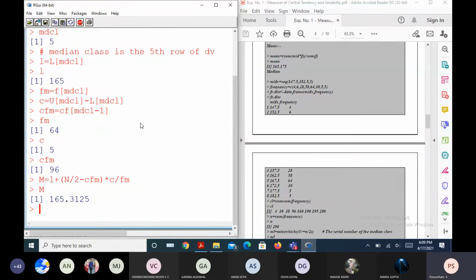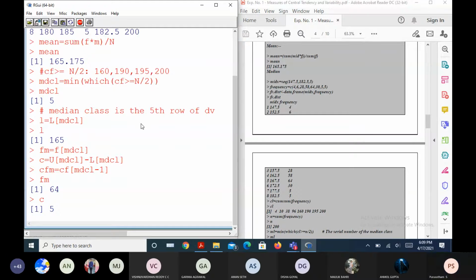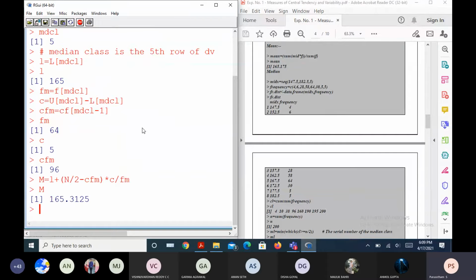Now, can we go for mode? How do we identify the modal class from this tabulated data?